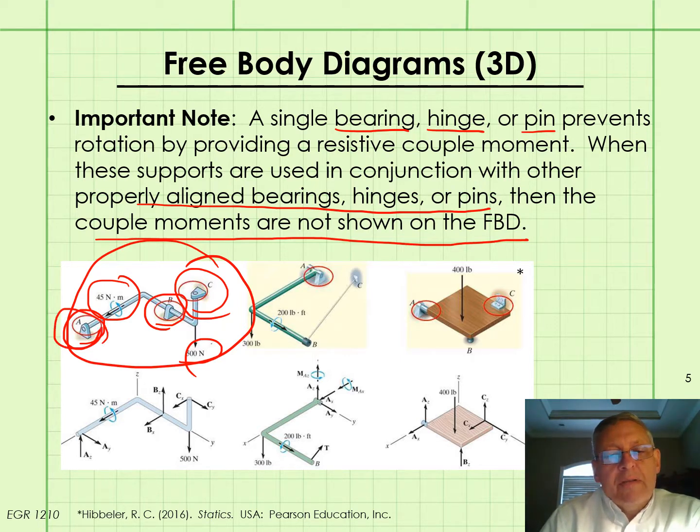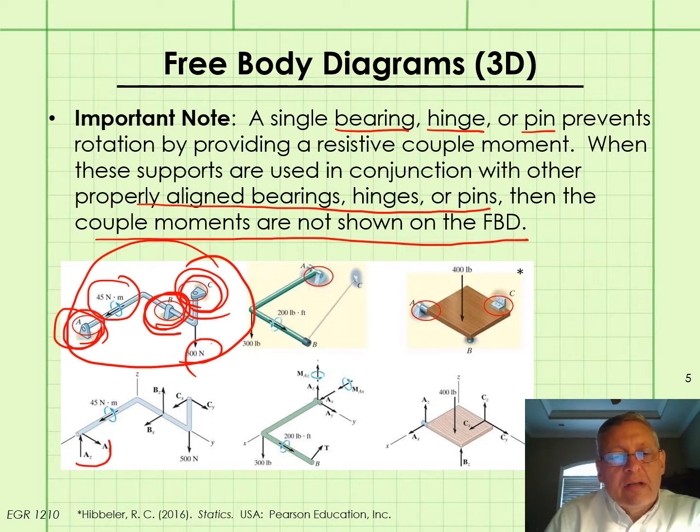And any moments that would be present at B if we didn't have bearings at A or C are not there, and the same for the bearing at C. If we didn't have the bearings at A or B, there would definitely be moments provided by the bearing at C. But since we have the combination of the 3 bearings on there,